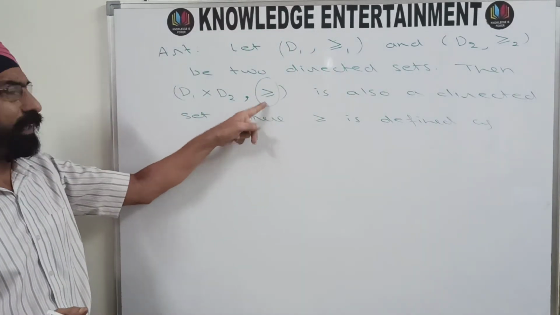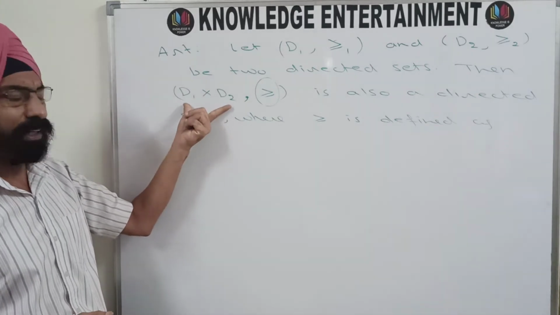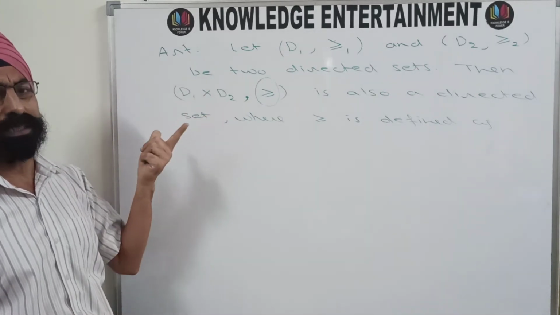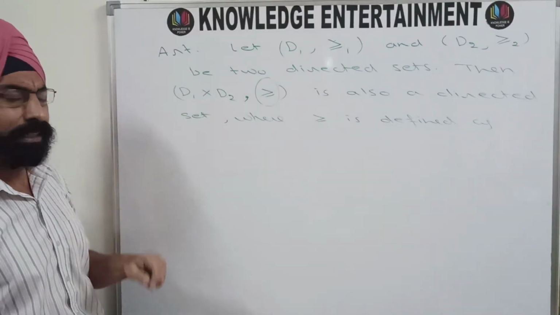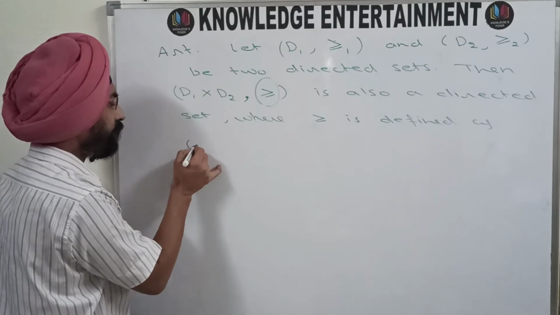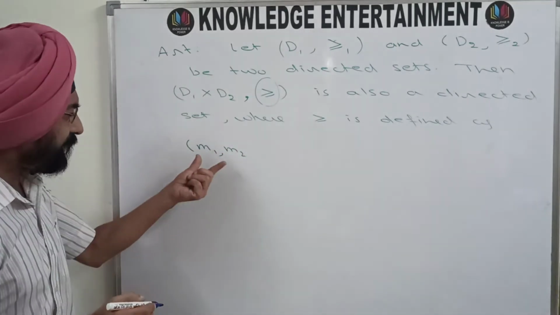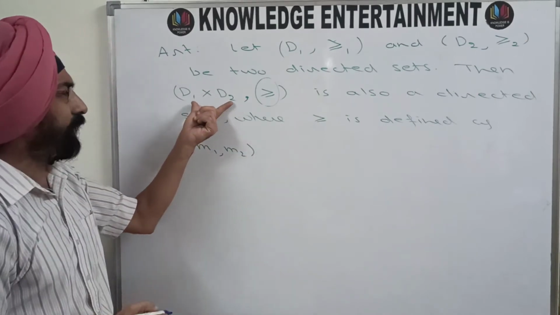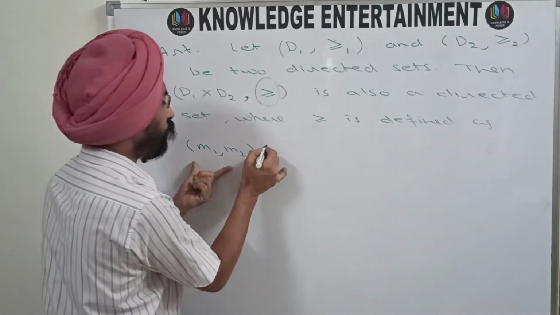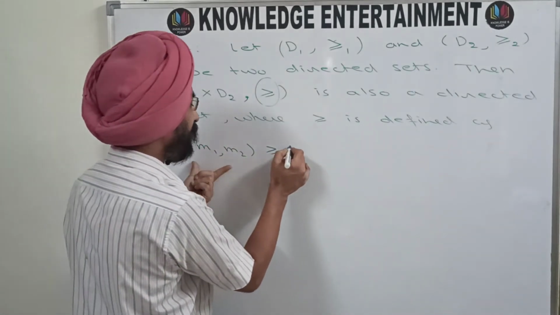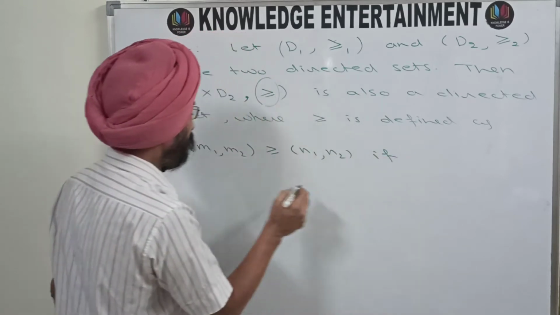This operation will be defined on the set D1 cross D2, and the members of D1 cross D2 are the ordered pairs having the first member from D1 and the second member from D2. So M1, M2 is an element of D1 cross D2. I am defining (M1, M2) is greater than or equal to (N1, N2) if